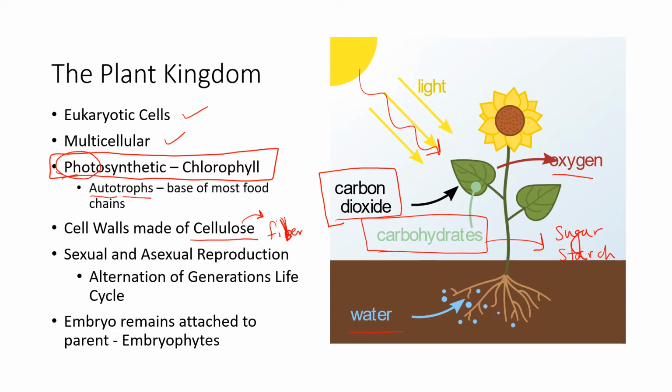Okay, plants reproduce sexually. In other words, there are two parents. They can reproduce asexually, but sexual reproduction helps to create more diversity. Their life cycle is much different than ours in that we call it an alternation of generations, and we're going to talk in detail about this in just a minute. And land plants are called embryophytes, which means that the embryo, or the baby plant, is protected. It remains attached to the parent.